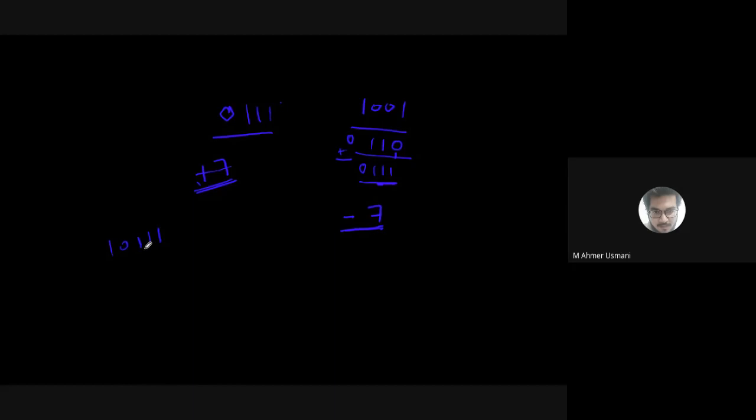Tell me what is the meaning of this number? What is the actual digit of this number? Minus 9. How to find it? Everybody agrees that the number is negative. How did you agree? Because the MSB is 1. That means the number is negative. If the number is negative, that means it is stored in its 2's complement form.